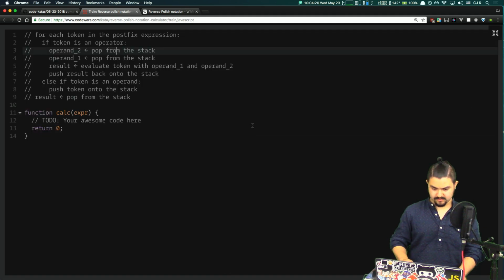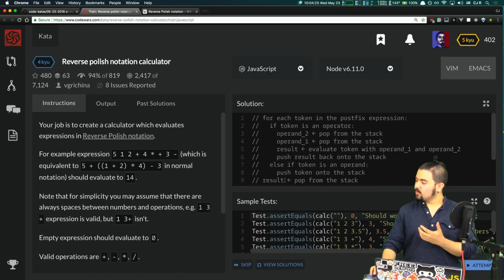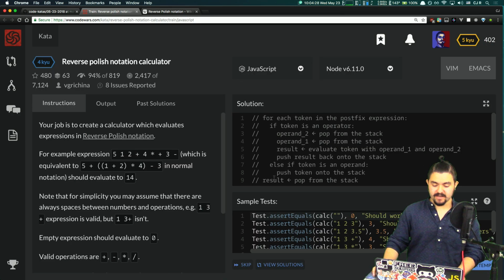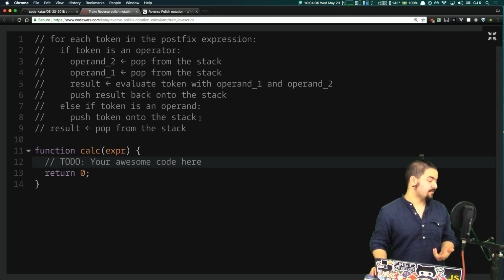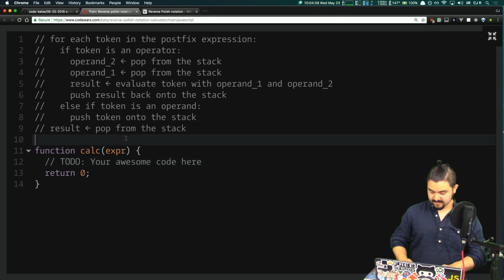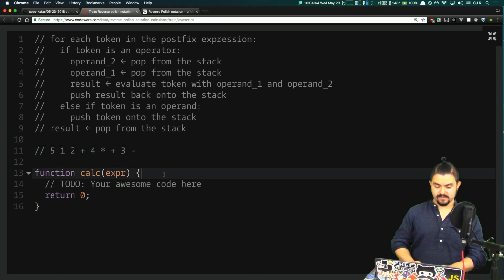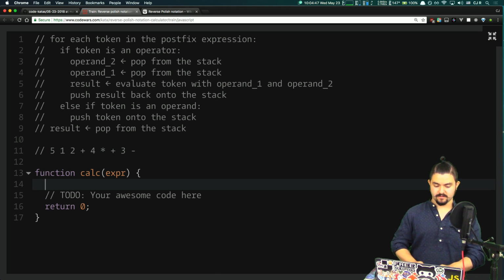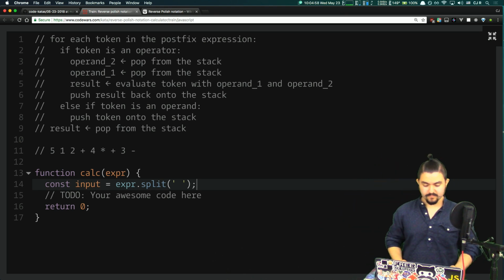And actually, we'll show our sample input, because we could just iterate over it as a string. I think it'll make our lives easier if we split the string on a space and iterate over an array. So let's do that. An example input is this. So let's convert it to an array. So let's call input. We're going to say expression.split on space. So now we have an array of each of the values in the input, and then we'll